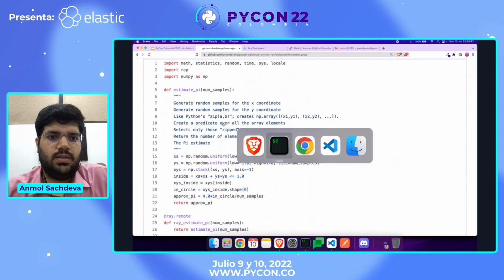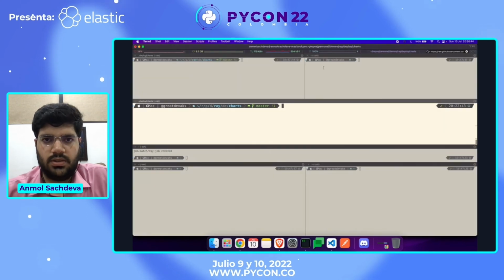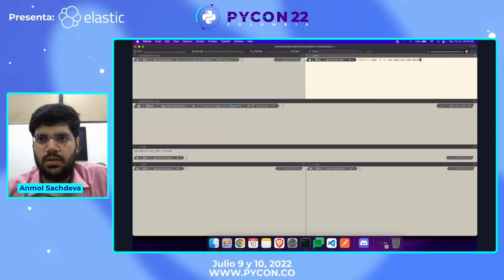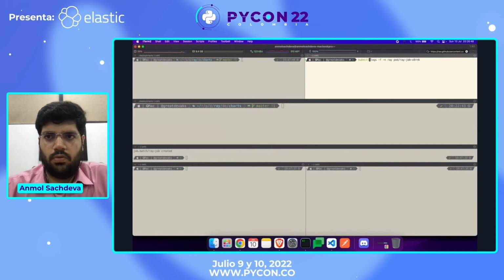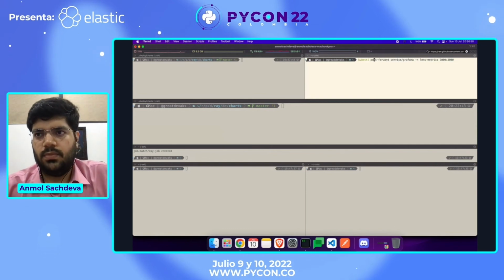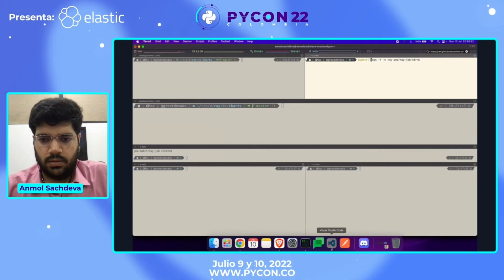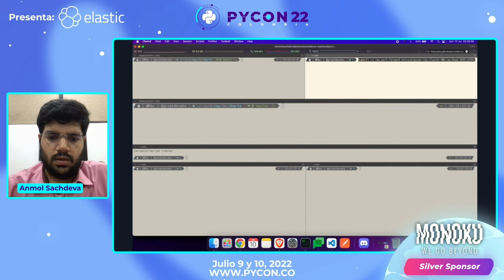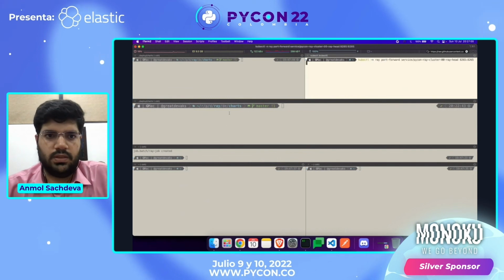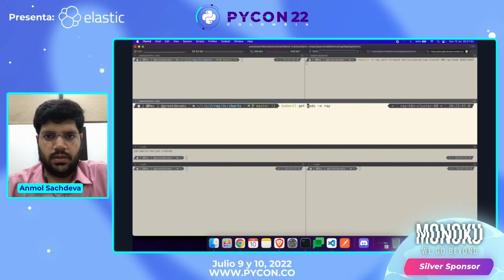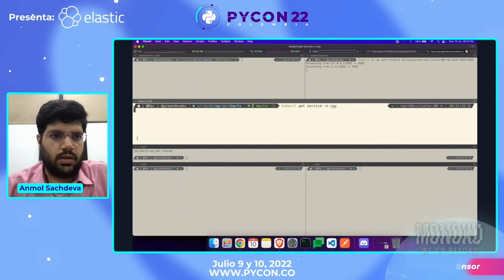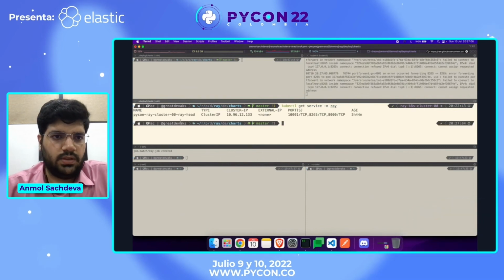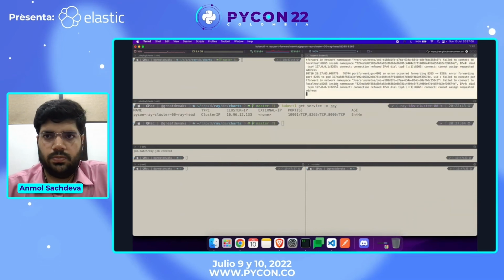So what I have done is I have my Kubernetes cluster here. I will actually start port forwarding, and let me take the command quickly. I have it for reference. So this command is actually going to forward the head service which is there. So let's do kubectl get service, and you will see that for the head pod we have a service. So once we have the service,